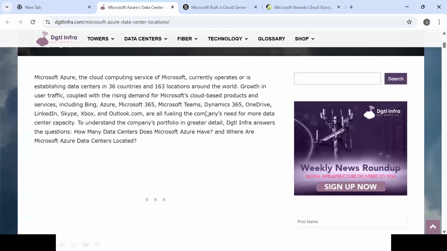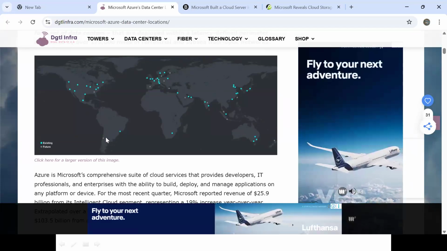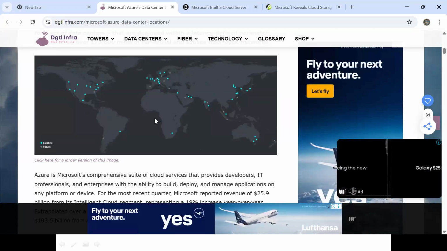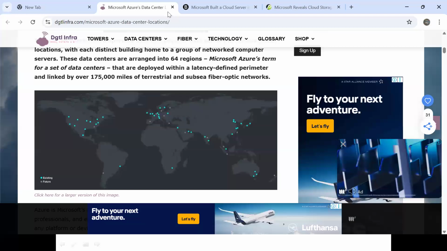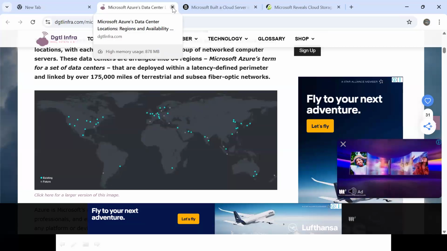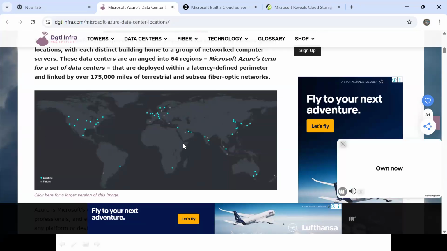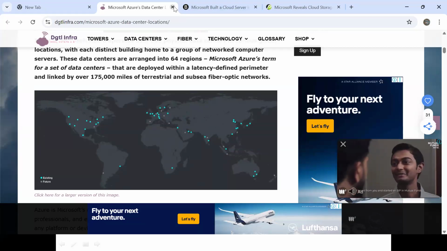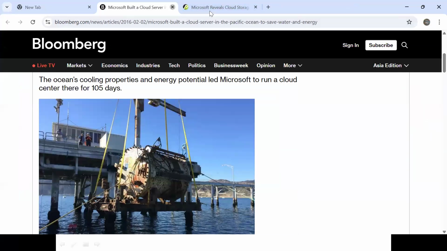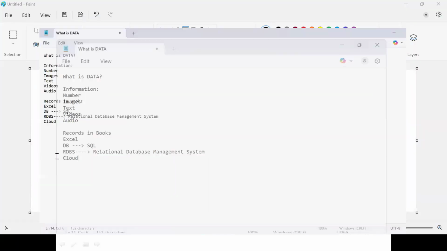So these are all Azure storage places. If you want to know more about it, just go through that. I think you can understand. This is not so important for us, but this is how Microsoft Azure is storing our data. For example, we may be from India, but our data could be in any zone. It's not only within India. Okay, so this is how it is. Let's move on to our concept.